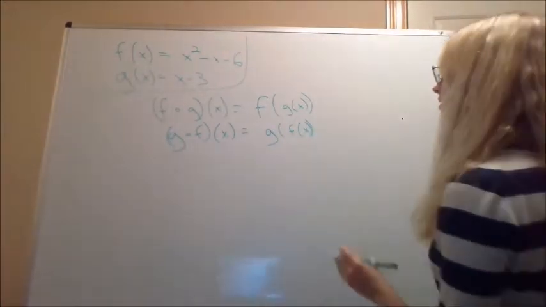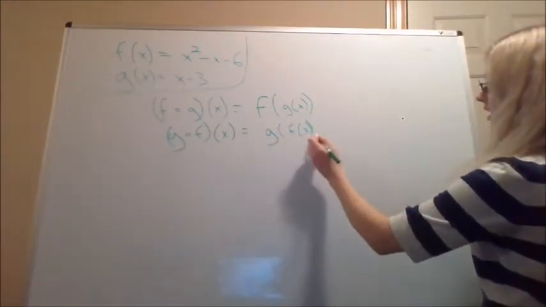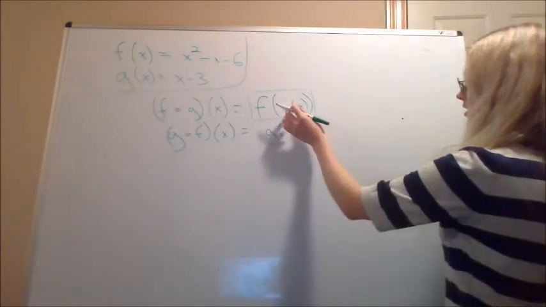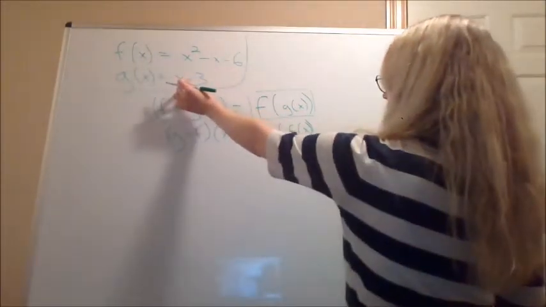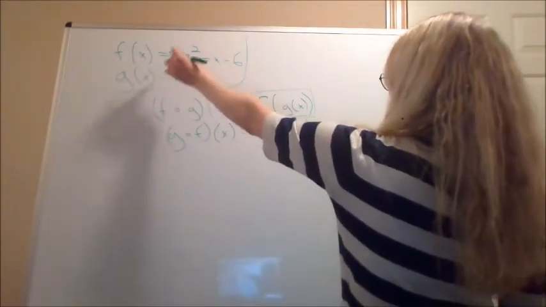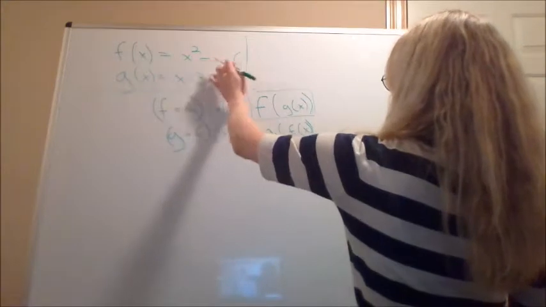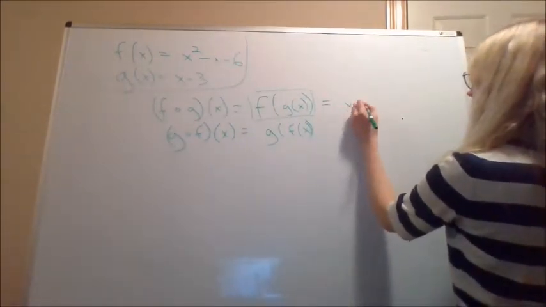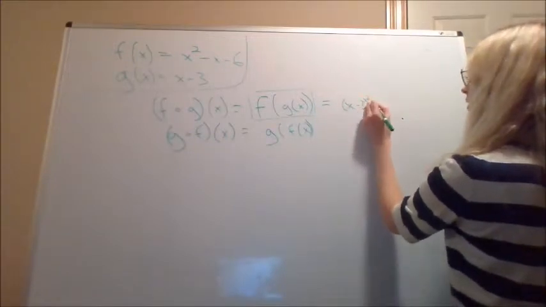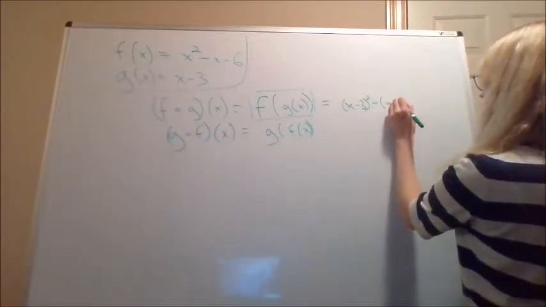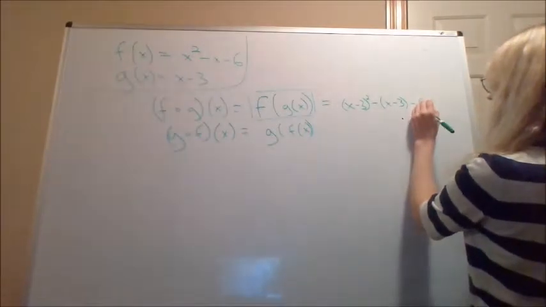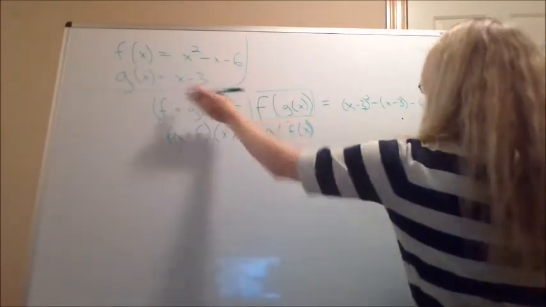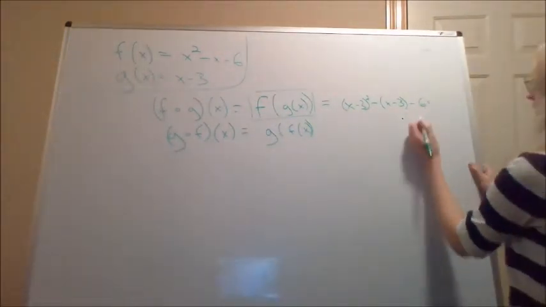So if we wanted to calculate f of g of x and g of f of x, starting off for f of g of x, we'd take g of x here and plug that in for x in f of x here. So we get x minus 3 squared minus the quantity x minus 3 minus 6. So we've replaced all of the x's here with x minus 3 from our g of x. And so if we simplify this,